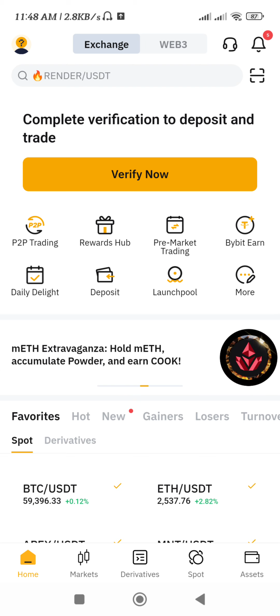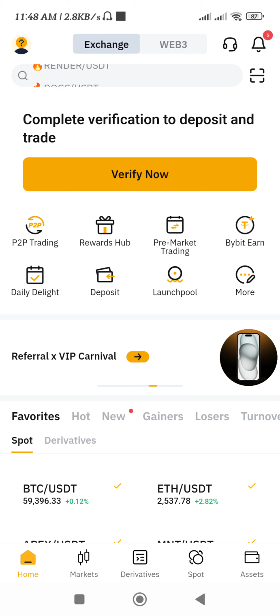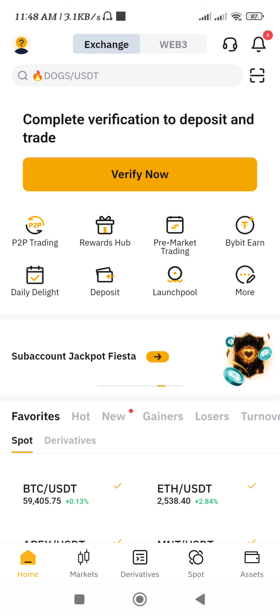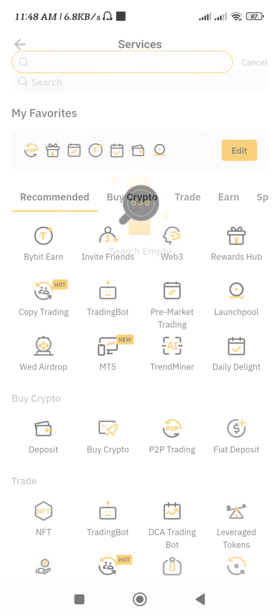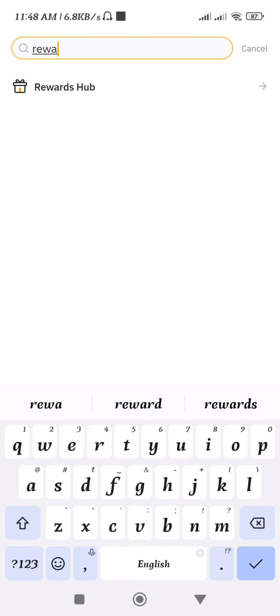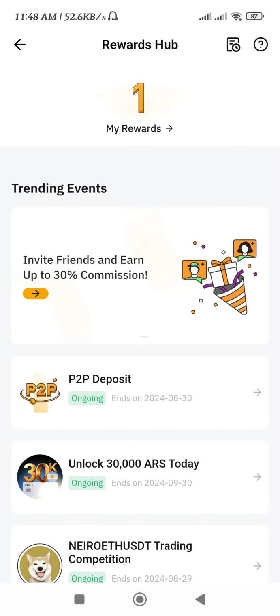the Rewards Hub option. Now, for any reason, if you are not able to find this option on the home page, then most probably there will be the more option. So you just have to tap on more and here in the search bar, you need to search for Rewards Hub. Once you are able to find it, you need to tap on it and here you will be able